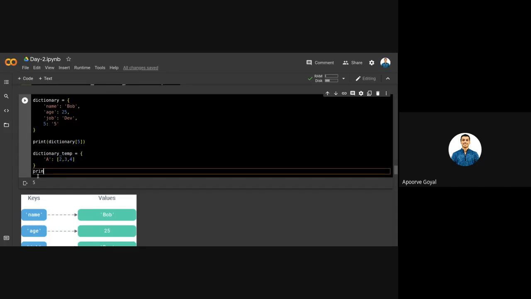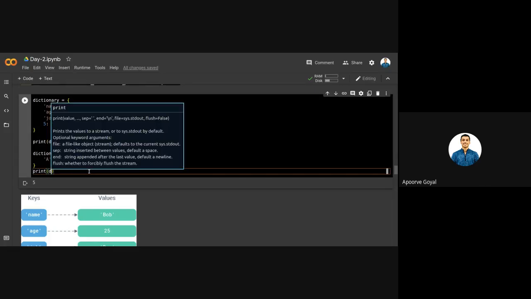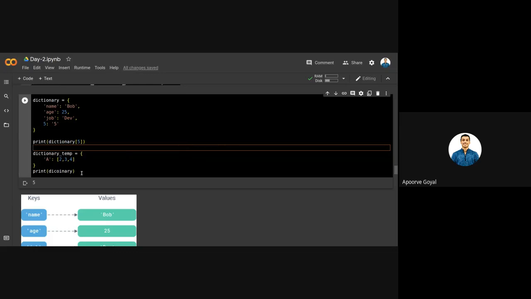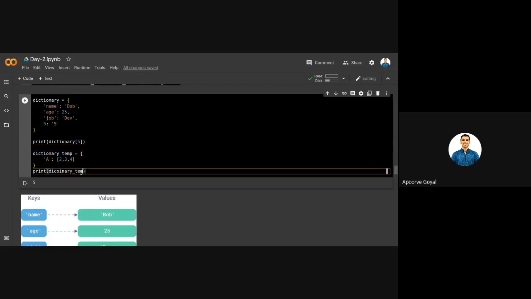How will you do that? Before going ahead, I would like to ask you how you are going to access this particular element, because you have an idea of dictionary, you have an idea of list. I hope that you can do that. Just give it a try. You can write in the chat box the way you can access the value. Don't write this dictionary temp as a whole, that will take long. You can simply use D instead. Tell me, I want to access this second element, this three. How will I do that?